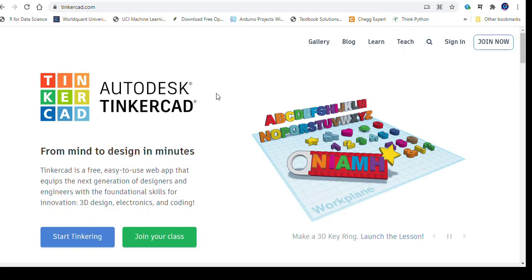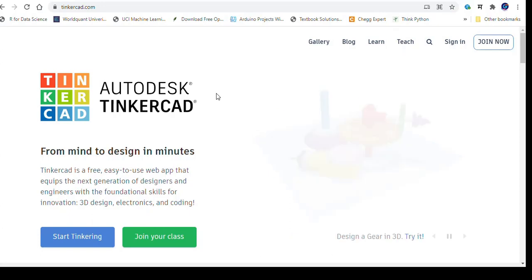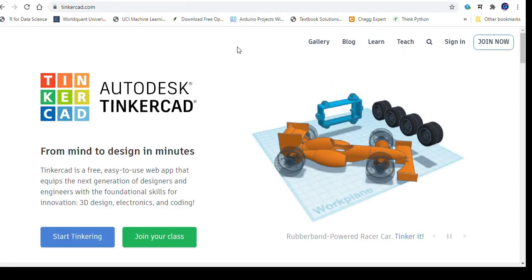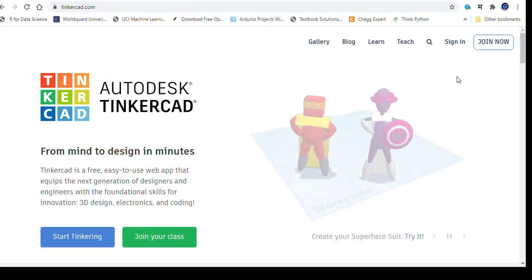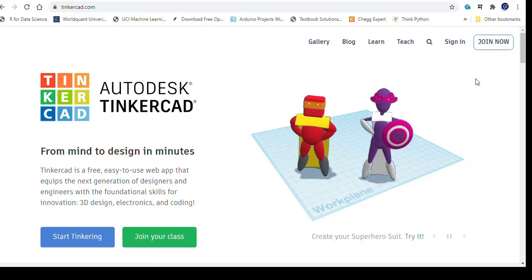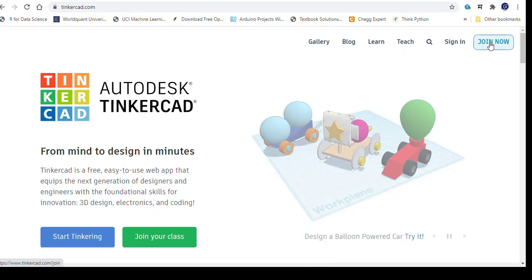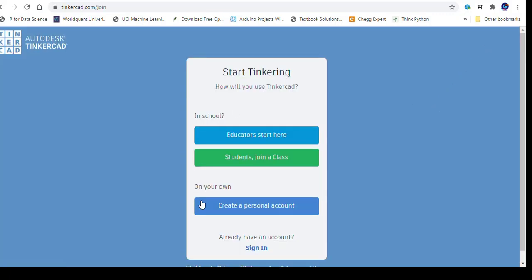First of all, you need to open the tinkercad.com website. This is a website where you can test your virtual Arduino kits. After opening this website, you have to create your account. Without creating an account you cannot use this site.